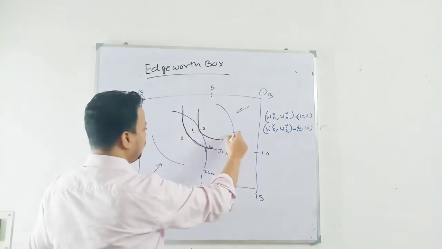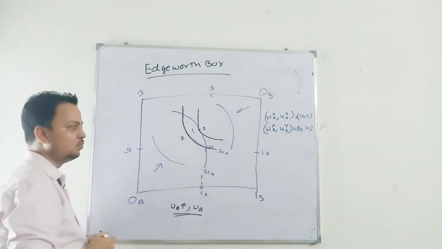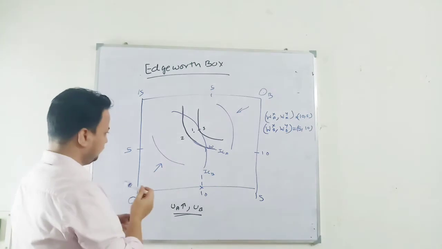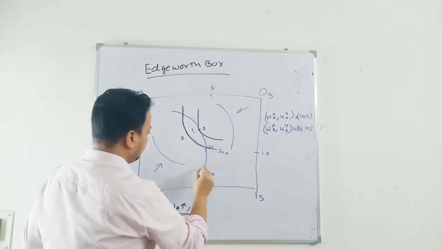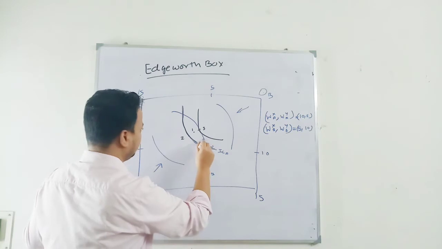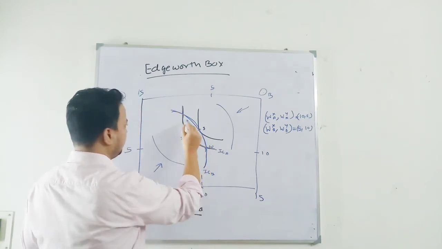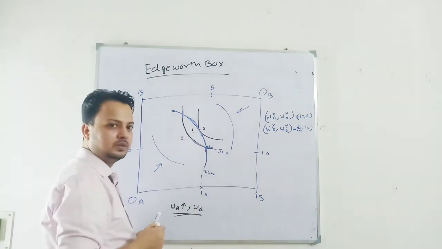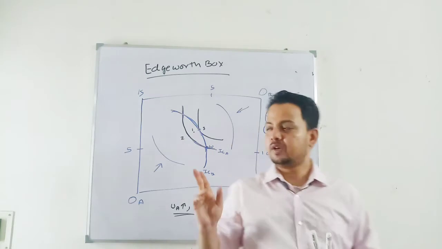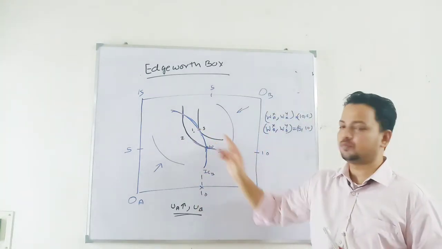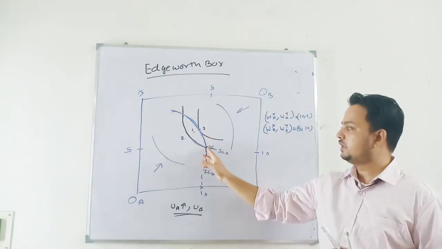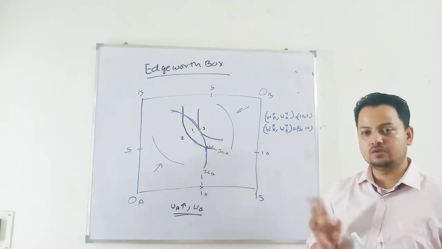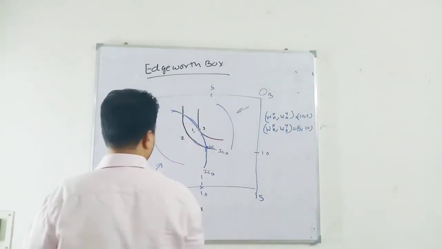Can I move the indifference curve of A further? Yes, I can move more. But now what will happen? This indifference curve of B corresponds to the endowment that it possesses. So any bundle that he is able to get at this point gives him the level of satisfaction that he has with his original endowment.